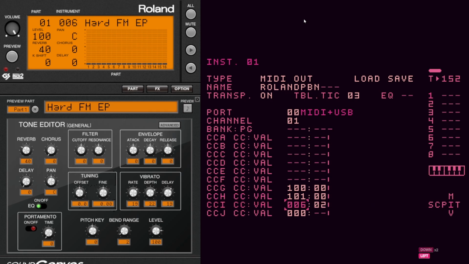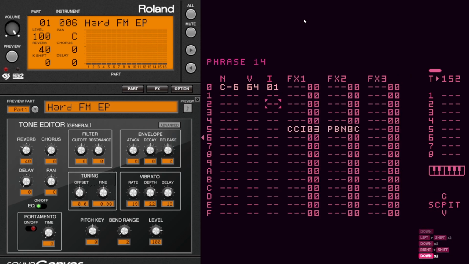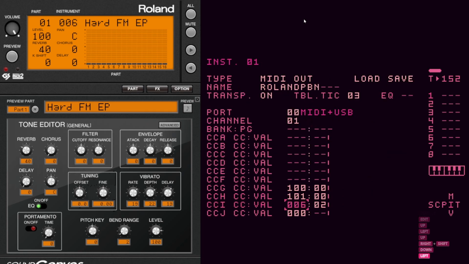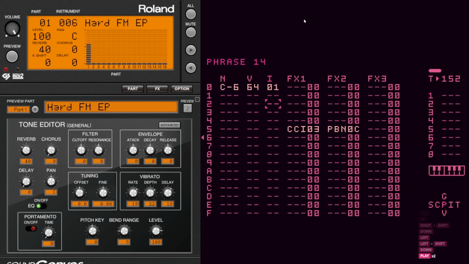So if we've got CC6 mapped to one of our CC slots, and we have 100 and 101 mapped with a default value of 0, then what we can do now is use the CCX commands to change bend range. So without this here, but if I use a CCI command, and remember that CCI is our CC number 6, because we're looking for a 5 semitone pitch bend, and this is a relative command, so 2 plus 3 is 5. Very, very simple. I hope that